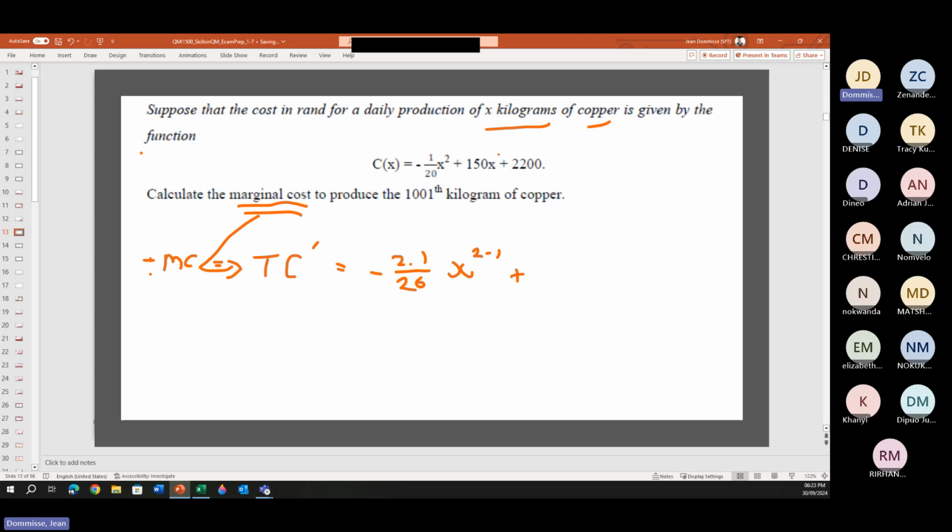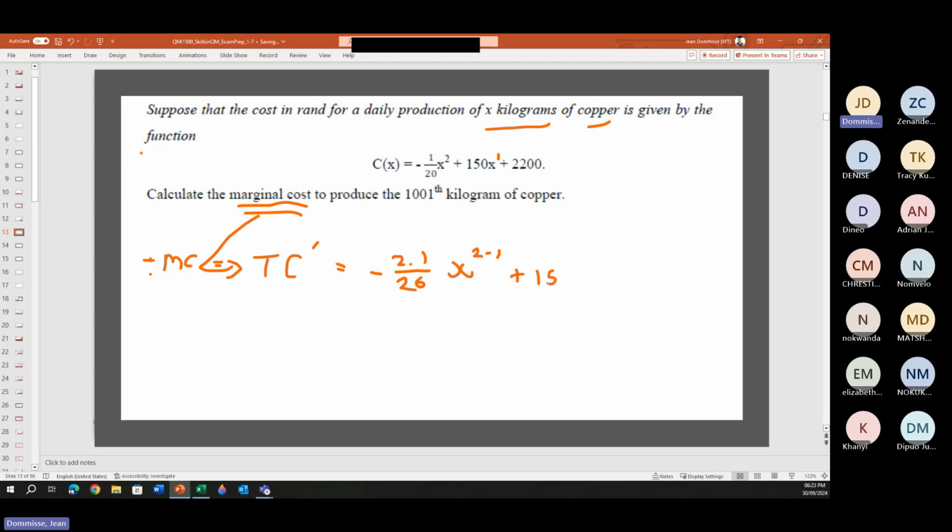Then there's a hidden 1 there, goes to the front. 1 times 150 is 150x, 1 minus 1, we will solve that now. And then if we differentiate a constant value, it becomes 0, so it falls away. So we sit with 2 over 20